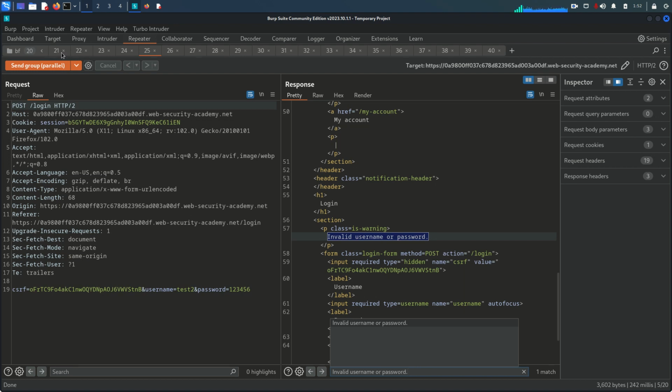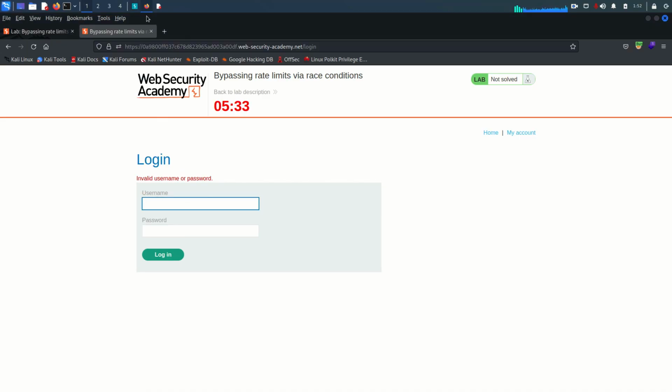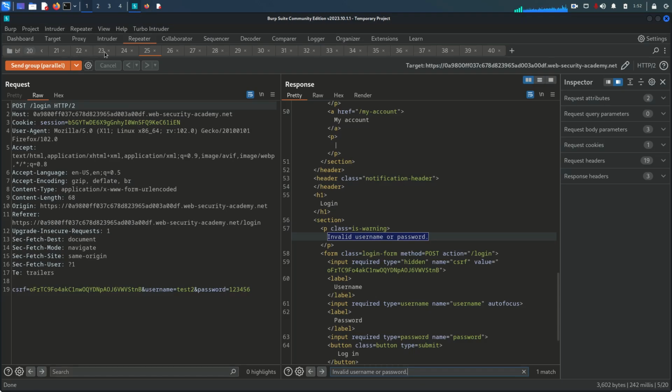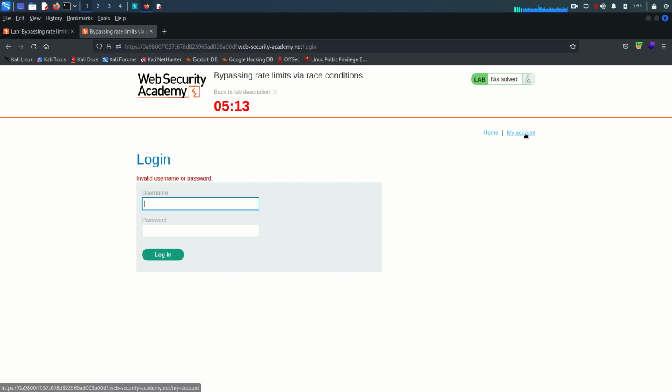So that means here, as you can see, we already tried one attempt on the browser, and we tried here up to the 5 or maybe more, but we get invalid username and password. Also, the legitimate behavior should be, it should only allow us for 3 times. Okay, so now what we need to do, we again go to my account,